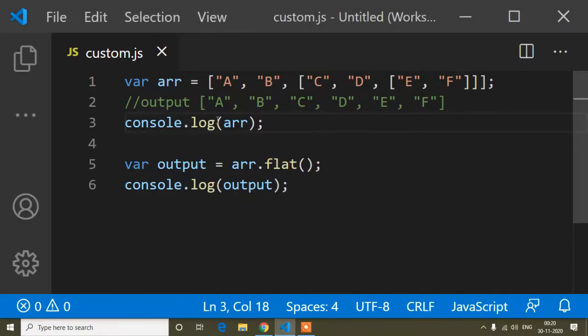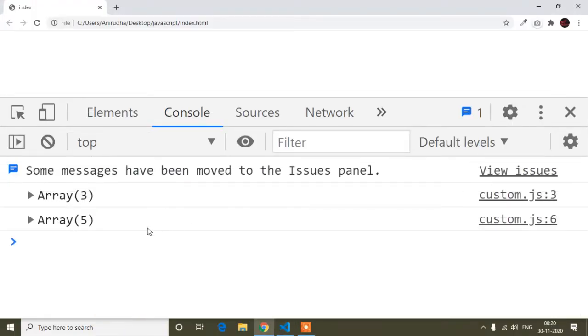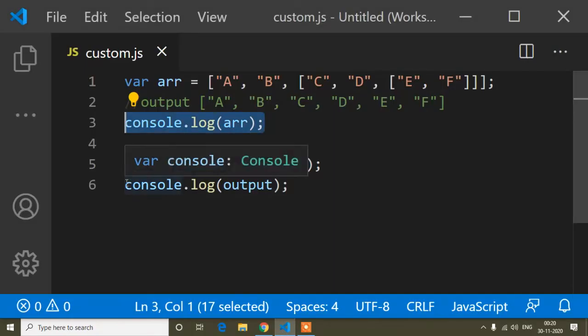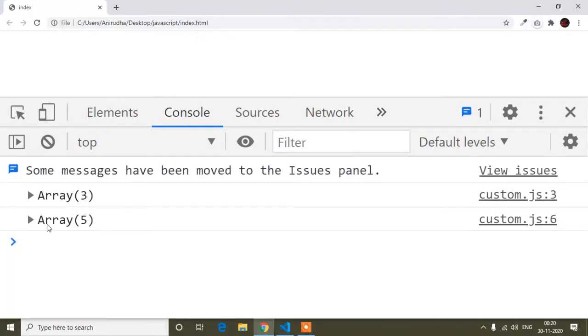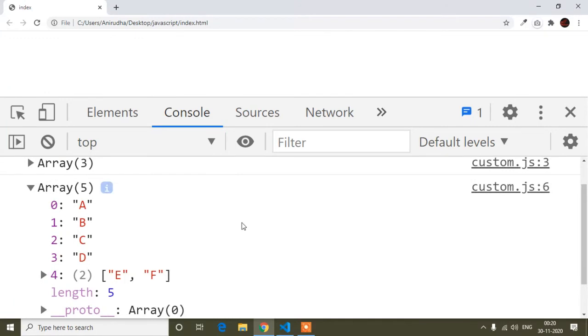That comes from the original value. And after using the flat method, what I printed gives a, b, c, d, and after that a sub array ef.